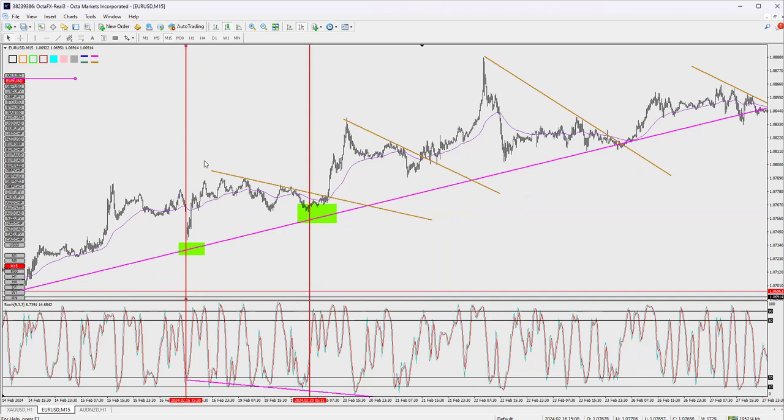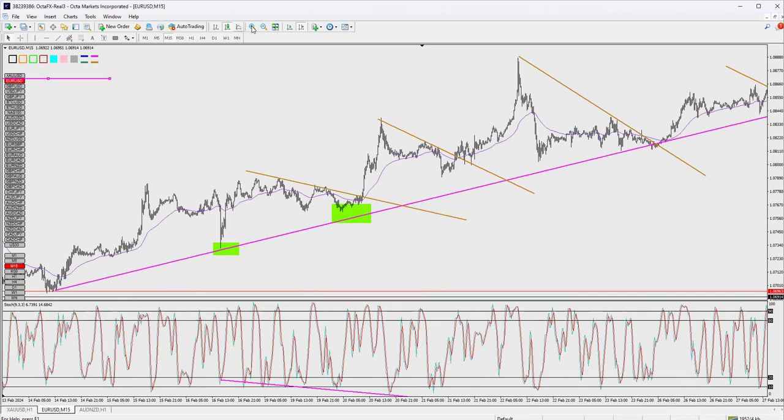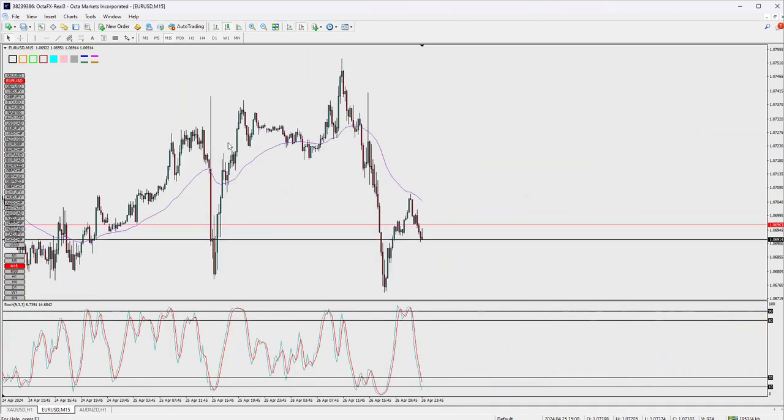So this is one way of filtering your trades so that you can get good trades. So the moment you draw your trend and you look for divergence,